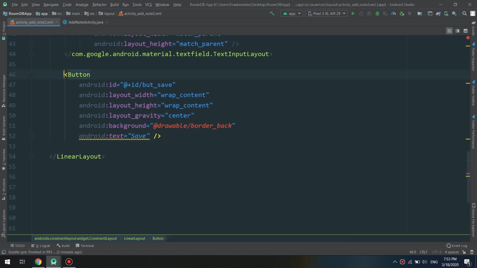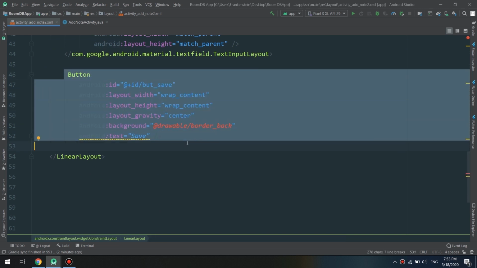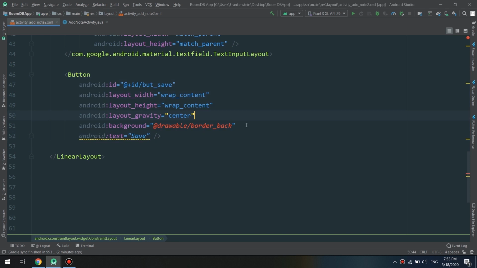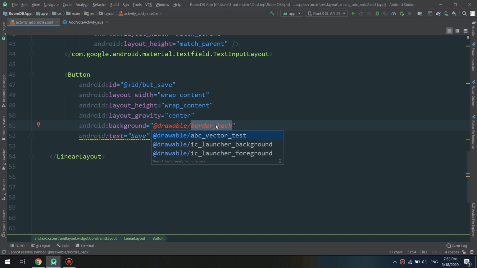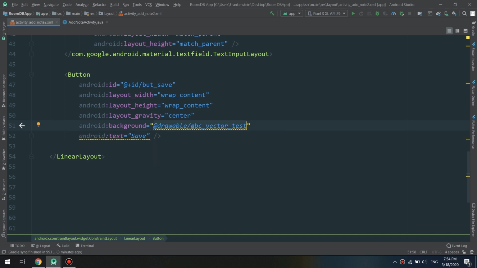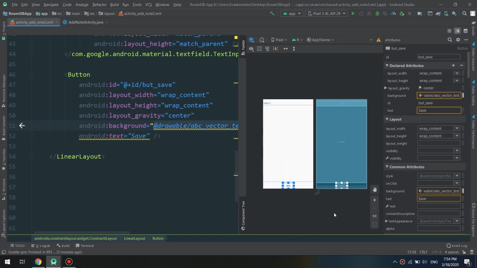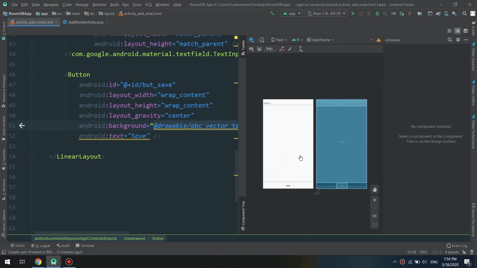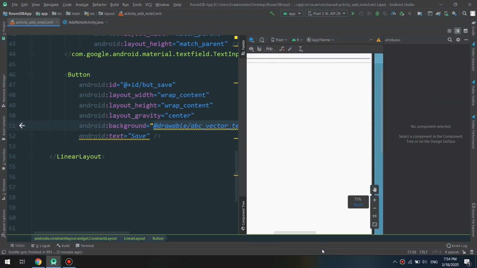Now the bottom we have added at the bottom, and the background I will change it. So if we look on the layout, we see that we have added,